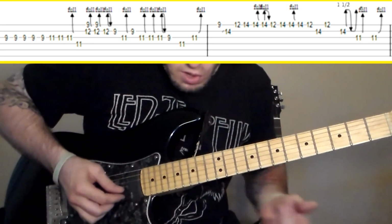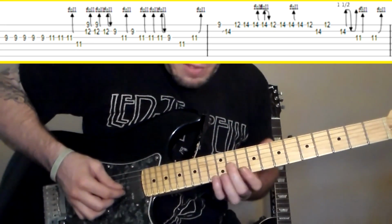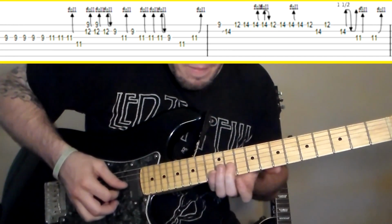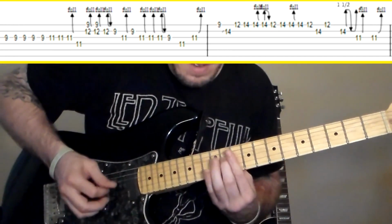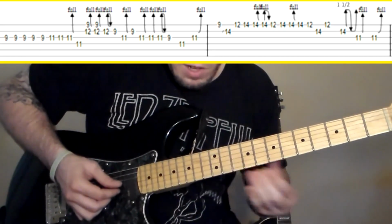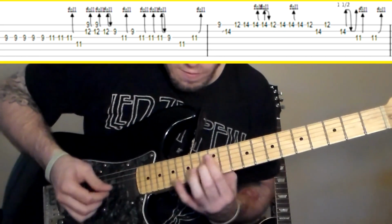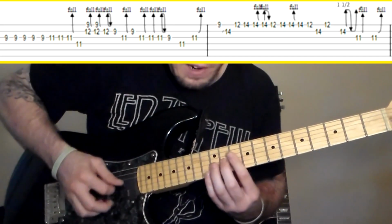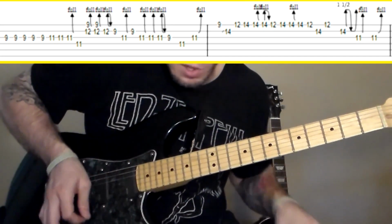And then it ends the whole solo on the 11th fret of the G string. 11th fret bend. Okay, so full step bend. Or you can just slide to the 13th fret. It's the same note, whichever you think sounds better. Okay, so the whole thing is...